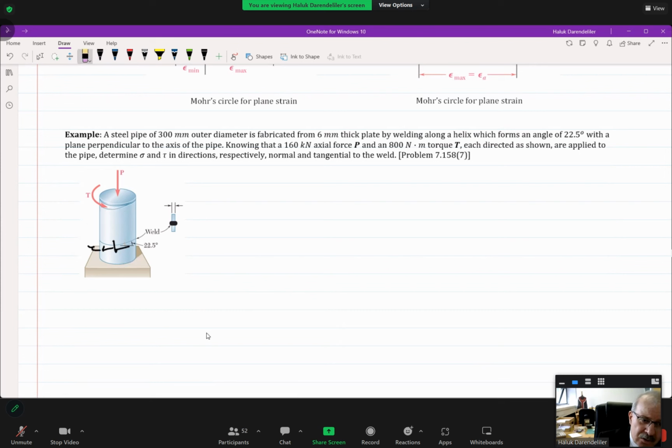Now, let me remind you once more. All the equations that we obtained up to now, axial loading, bending, My/I, Tc/J, torque, whatever, are for the planes which are perpendicular to the axis of the cylinder. They are valid for such a plane which is perpendicular to the axis. Okay, all the equations. So they cannot be used for these inclined surfaces. Therefore, we need transformation equations. But let us start